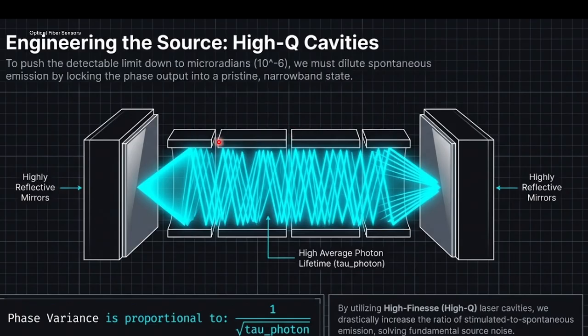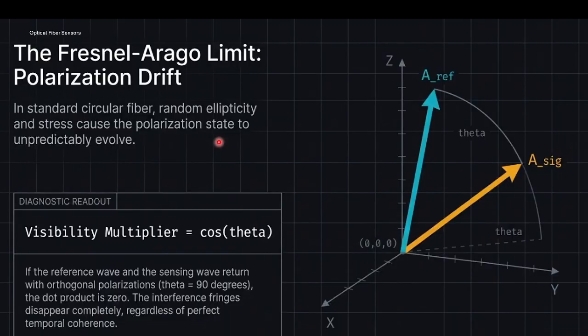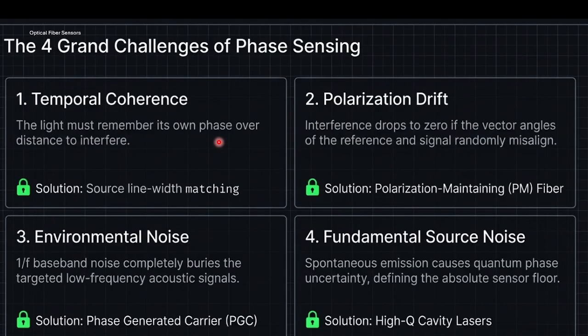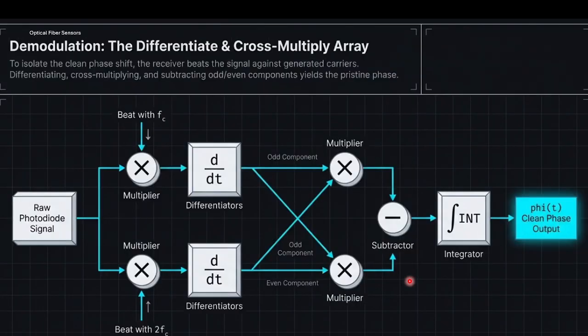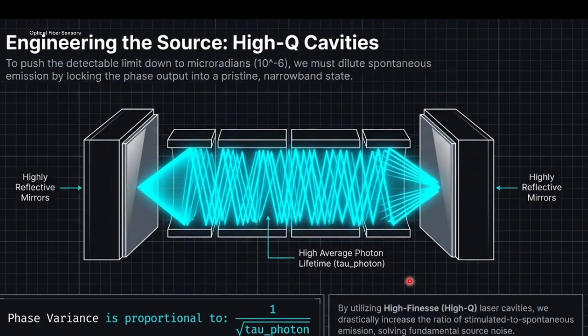The next thing is engineering the source high Q cavity. As we discussed previously, that high Q cavity also reduces fundamental source noise. So it can be reduced by the high Q cavity laser, and this can be achieved by the best, which is